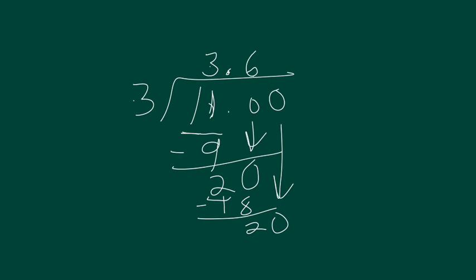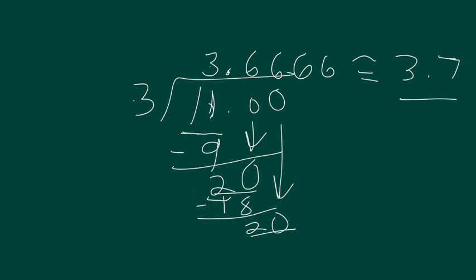Now, normally I would write out this process, but if you look, it's exactly the same as before, so we know 6 is going to go in there. So this is going to be 6, 6 repeating. So if we round this to the nearest tenth, it's going to be about 3.7. So if we go back